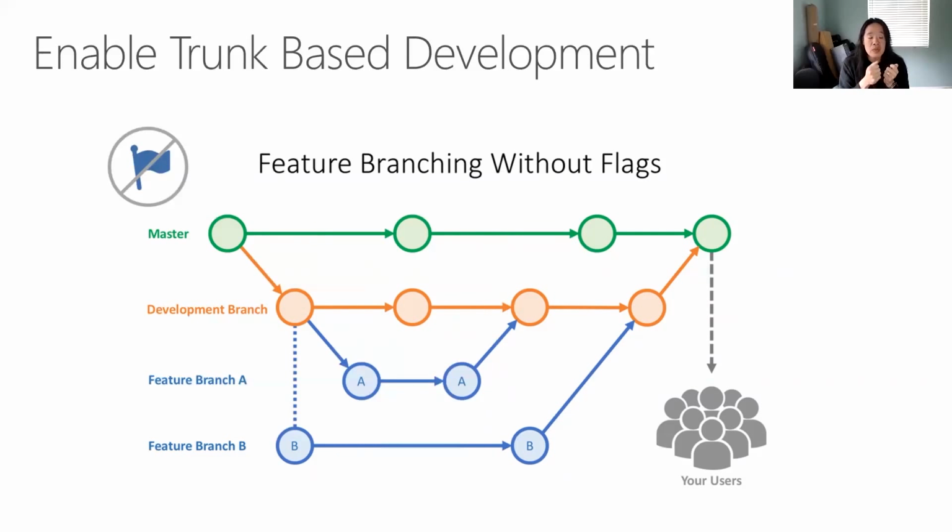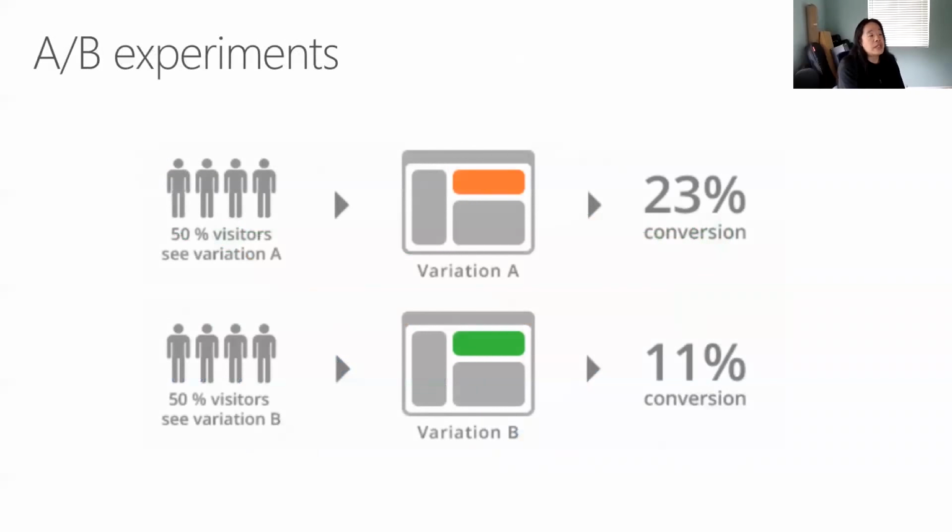And that is one of the reasons why we're able to move at the rate that we are, because we're doing that. And it's almost impossible to do that without feature flags. All right, so another reason where feature flags become incredibly useful is that by using feature flags, we have the ability to do experiments. And by that, I mean, you can have 2 different features, variation A and variation B, and you can start routing some of your traffic through one feature and the rest of your traffic into the other feature, and start seeing which one is working better, right?